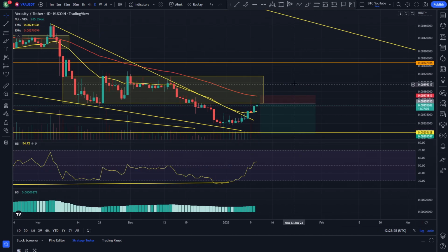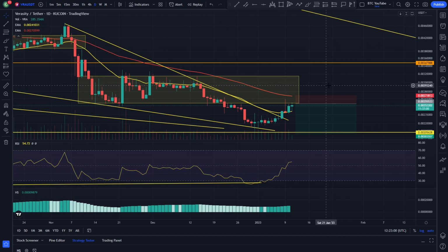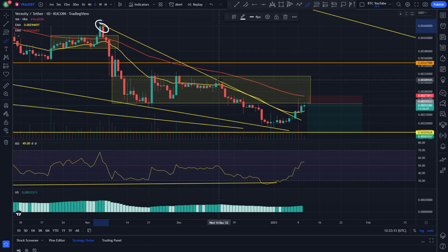We are just taking a quick look at Verasity here, and as we can see, it looks like we have a bit of continuation to retest this previous support as resistance here. You can see, obviously, as we came up into this, following the back of New Year's, a little bit of relief in the New Year. We got a little bit of a breakout here as well of this resistance that we have seen here, where we did see a little bit of a move to the upside into this overall resistance of the previous